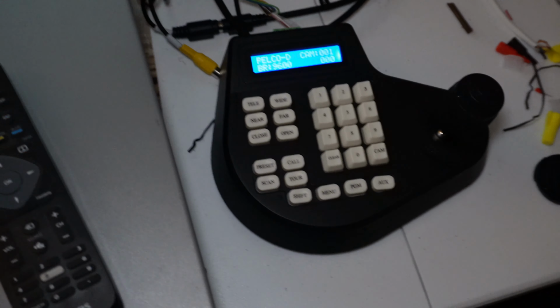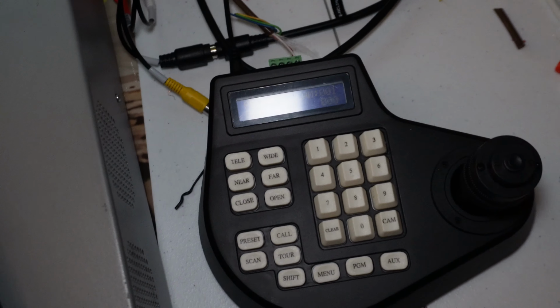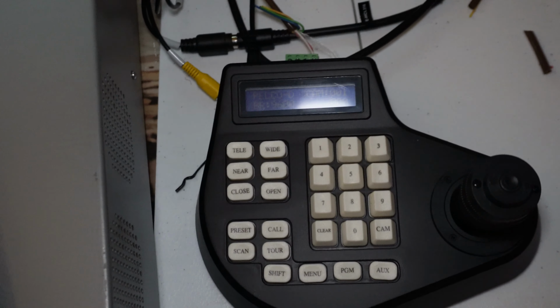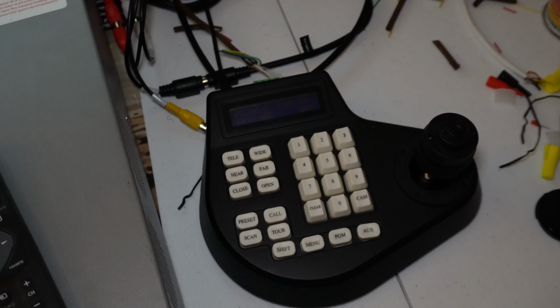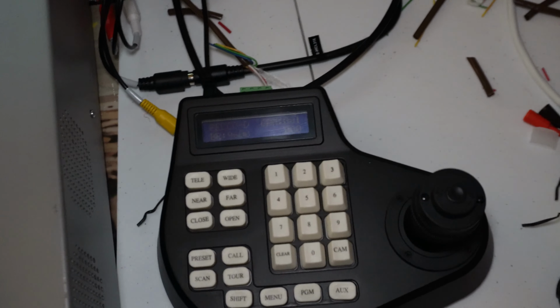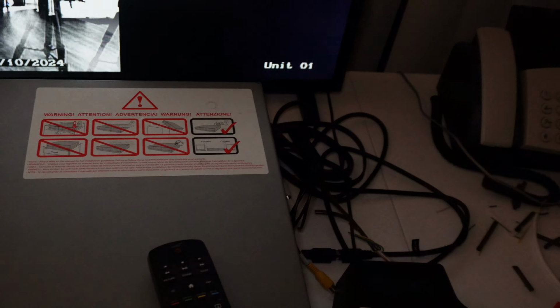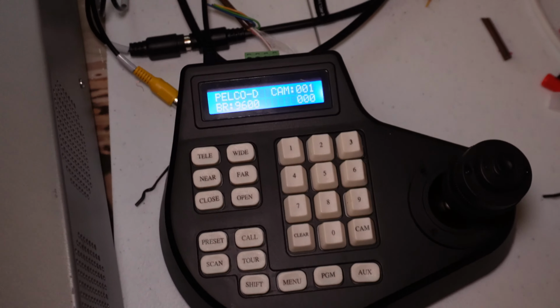And the way that I'm able to control multiple cameras just off of one pair of wire really is because each dome camera or PTZ camera has its own address. So that's how you can control different cameras over the same wire. So anyhow, let's just demonstrate it now. So, for example, camera number 2 is one of the dome cameras which I showed you earlier. So let's start messing with this joystick